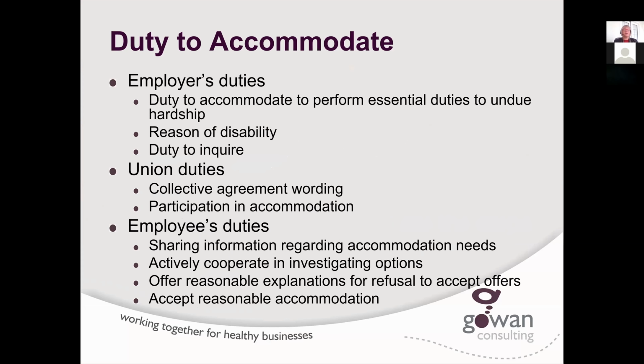To start off with, your legal responsibility for your duty to accommodate ensures that you know that not only the employer has responsibilities, but also the union and the employees have duties under your duty to accommodate legislation. So depending on where you're at, whether provincially, so I'm in Ontario, the Ontario Human Rights Code would dictate your duty to accommodate. If you're federally regulated, the Canadian Human Rights Code. And then, of course, in each province, there are human rights codes that dictate your duty to accommodate.